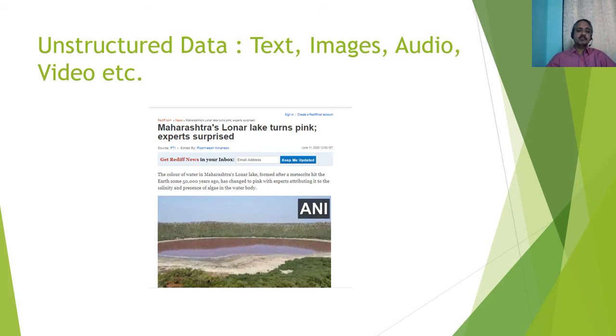That is possible with the help of data science. Unstructured data comes in formats like text, images, audio, and even videos. For example, you can extract content from YouTube. Suppose you want to find a famous dialogue, and check whether any movie already shows a similar dialogue in its videos.